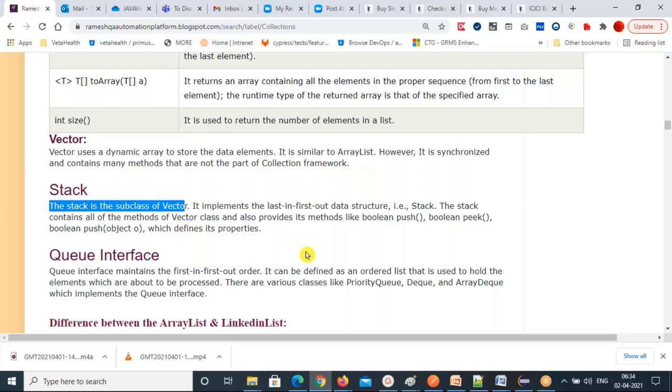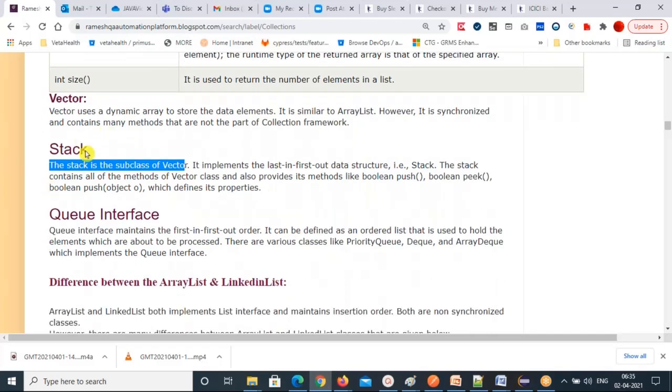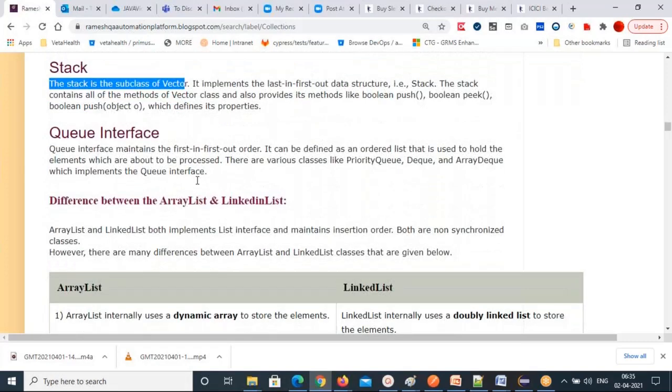So these are the methods that will be used to get the data from the data structure. A very important concept, stack, but we won't use this much in Selenium.